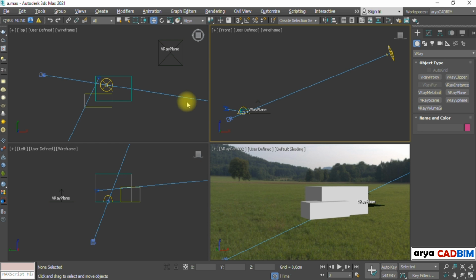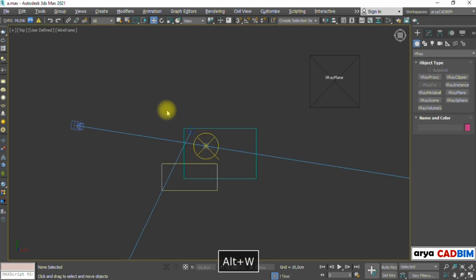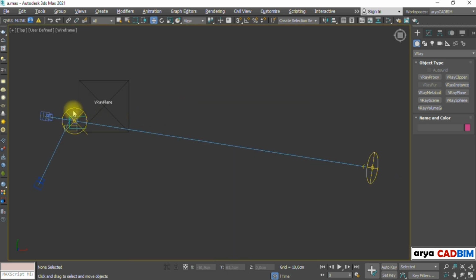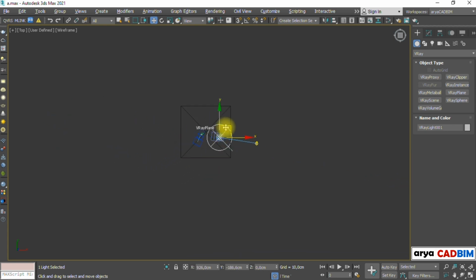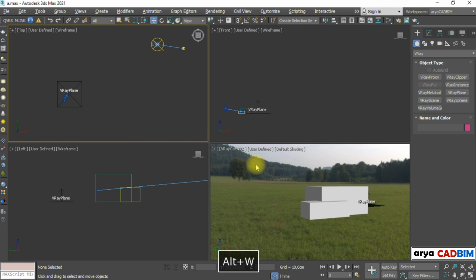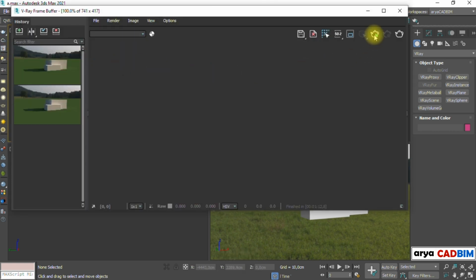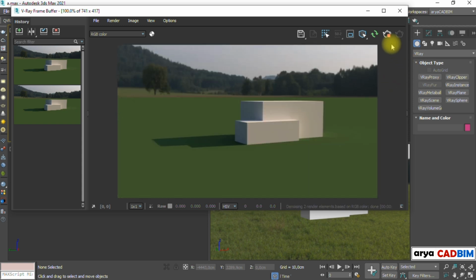The second issue is that the position of the lights can be changed also without affecting the illumination. They don't have to be at the origin point. It is better that we keep them away from the main elements of our scene for clarity. Let's see the render. Render done.